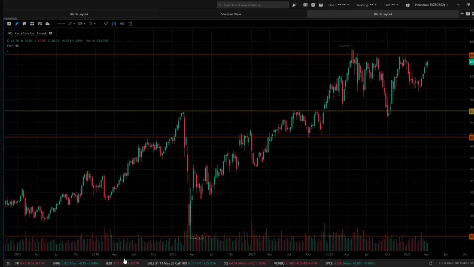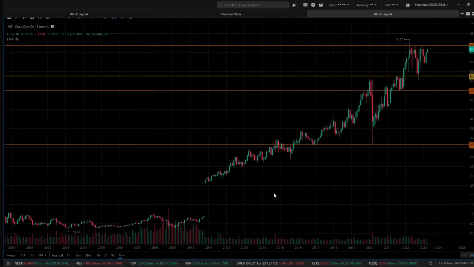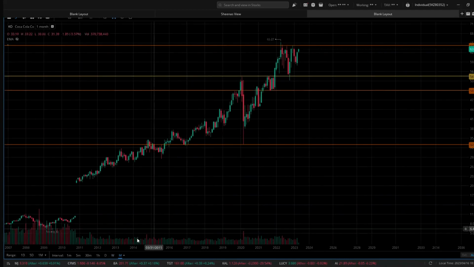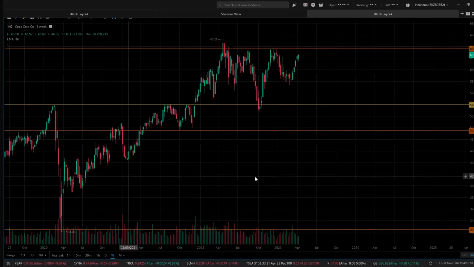So we were in an uptrend. Let's go back to the monthly. Obviously, we were in an uptrend on the monthly. That's super clear. We are in an uptrend on the weekly. That's also pretty clear. And if we drop down to the daily,